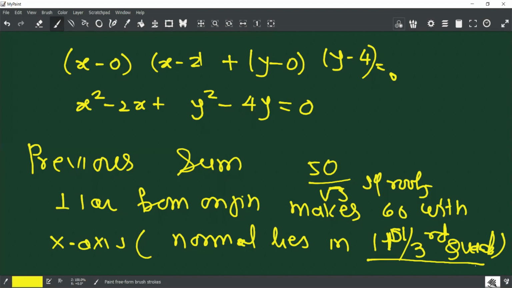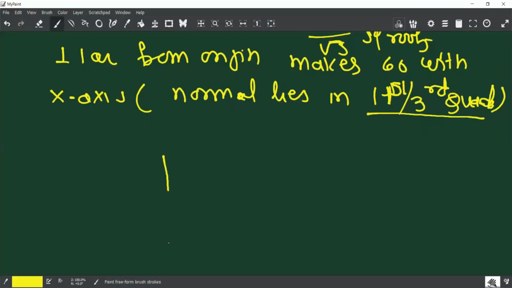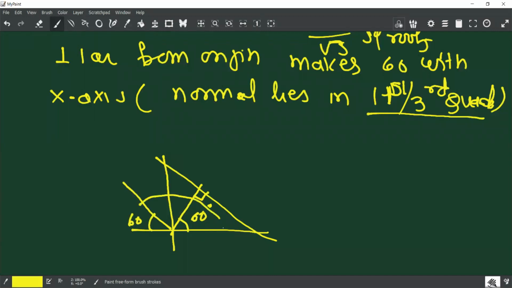Tuhin, the normal lies in the first quadrant, the normal lies in the third quadrant. If you remember, I had drawn it like this. This was 60. Yes. Because that was an MCQ sum, so one of the options, the other options are not given. You understand? So I checked it. It is only first and third quadrant. But since I'm drawing, I can explain to you all. Here it is 60 degrees. If this side is 60 degrees, then this becomes my 120, which is not given, but just showing you.